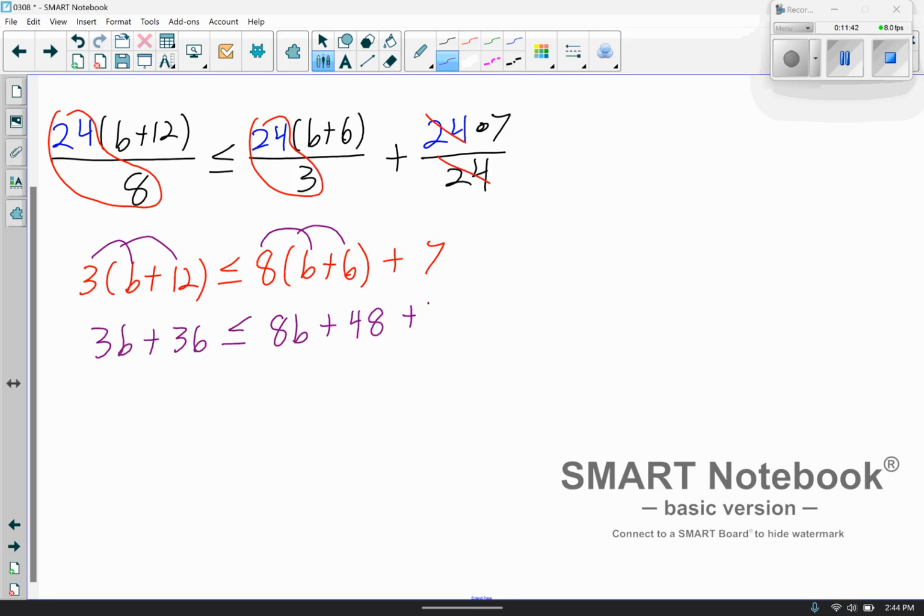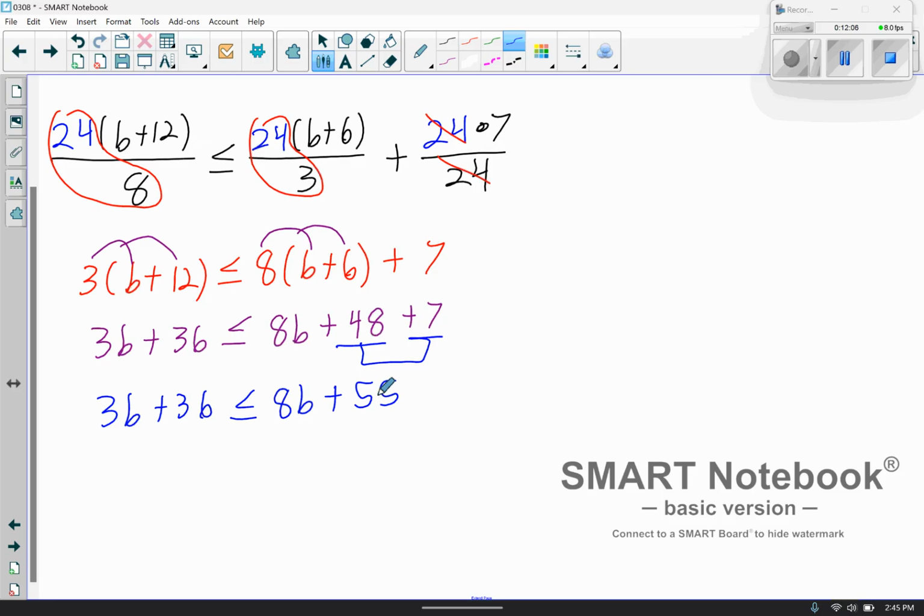And then, don't want to forget my plus 7 right there. Then I can clean up the right side. I have like terms of 48 and that plus 7. So we'll have 3b plus 36 is less than or equal to 8b plus